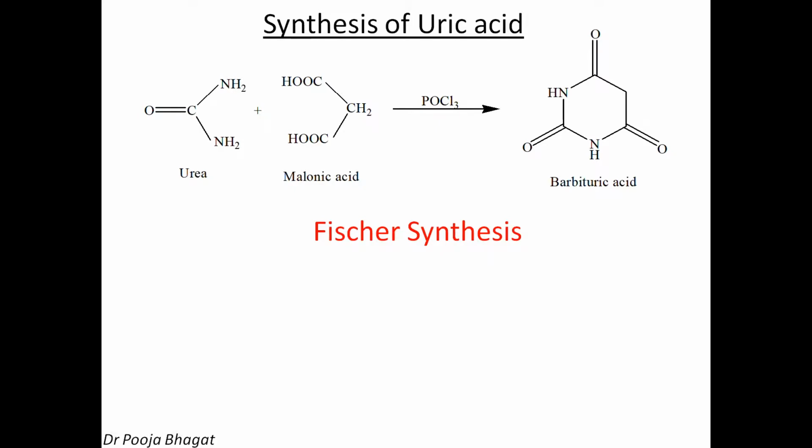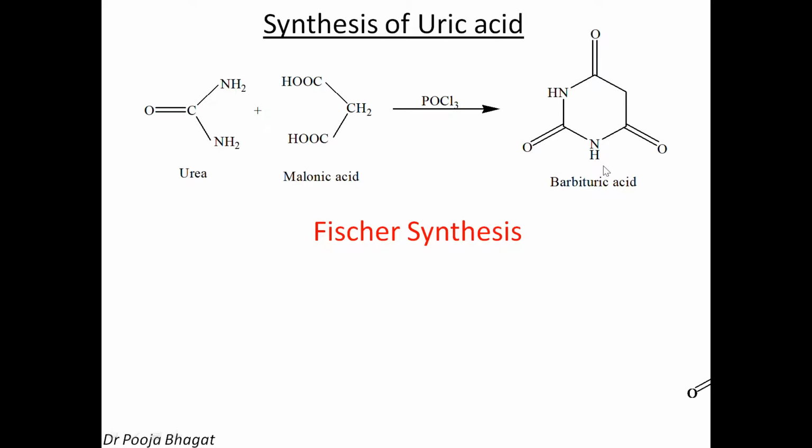If you can recollect, in the first strategy to prepare the purine, we have to take urea and its derivatives and a 3 carbon compound in which the electrophilic groups are present at the 1st and 3rd positions. So you can see here in urea you have these two. This is the urea unit and this is the 3 carbon compound where the electrophilic groups are present at the 1st and 3rd positions. So in the presence of POCl3, again phosphorus oxychloride, H from here and OH from here goes out as a water molecule. Same, H from here and OH from here goes out as a water molecule. So what is this? CO, NH, CO, CH2, CO, NH. So you get this. This is barbituric acid.